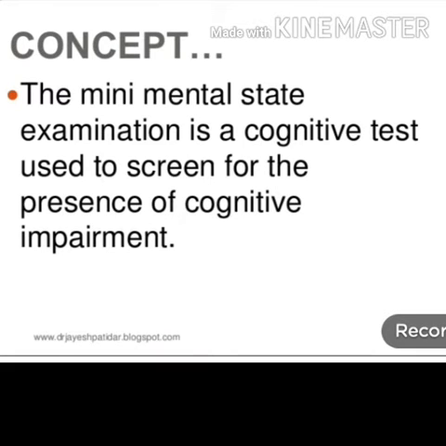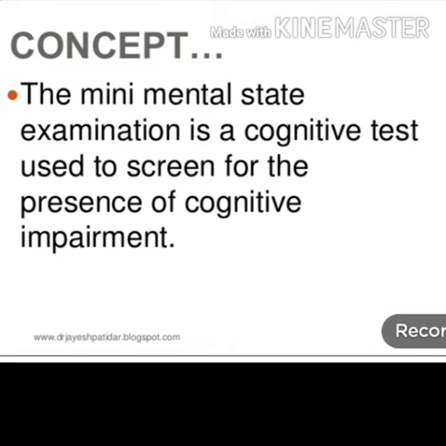The concept of the Mini Mental Status Examination is to test the cognitive function of an individual. It is useful for screening the presence of any cognitive impairment in a client. The main advantages are: it can be administered without any additional equipment at the patient's bedside, it requires little critical thinking in interpretation, and it is quick to administer, taking only 10 minutes.